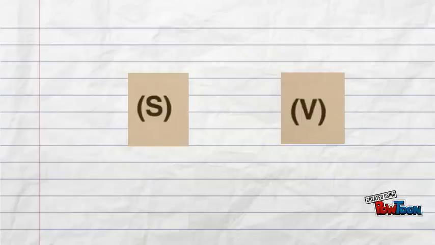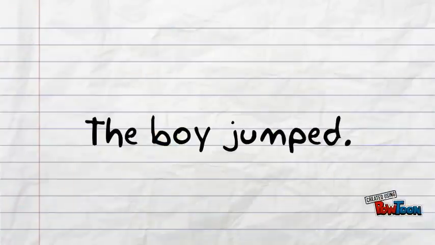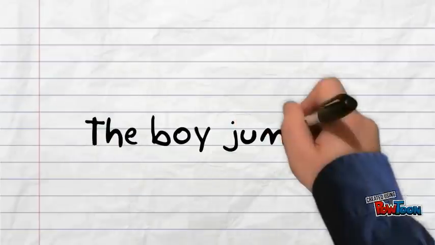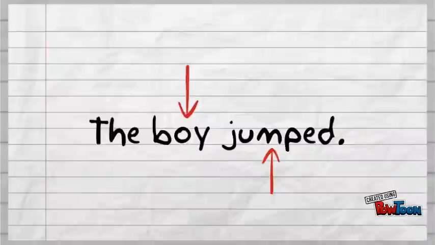The final requirement of a complete sentence is that the subject and the verb work together to make sense. For example, the sentence, "The boy jumped," has a subject and a verb. Boy is the subject. It is what the sentence is about. Jumped is the verb. Jumping is an action. They make sense because we know that boys can jump. To be a complete sentence, it must have at least one subject and one verb, and they have to work together